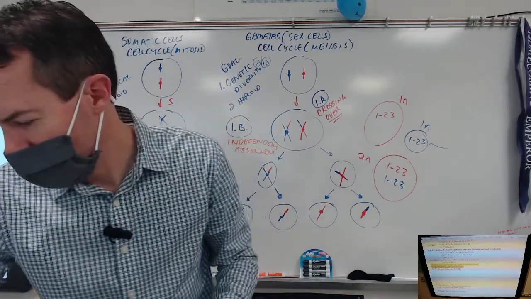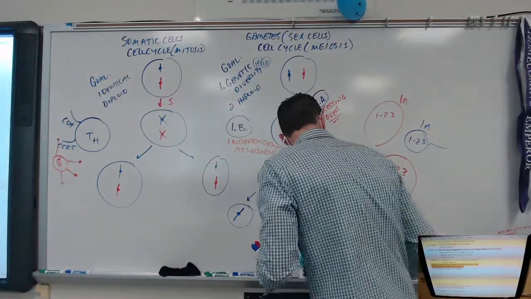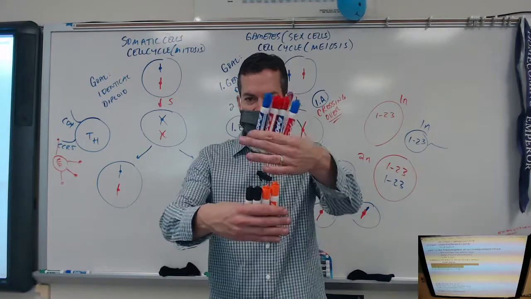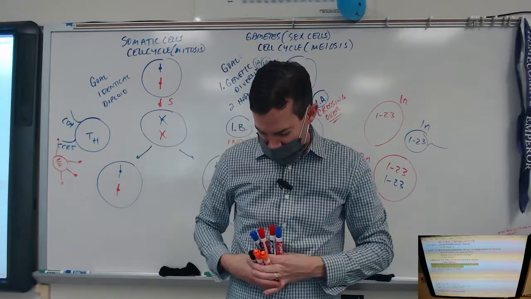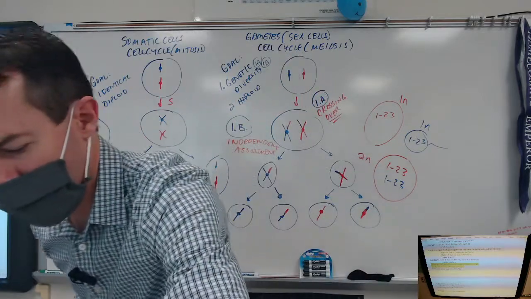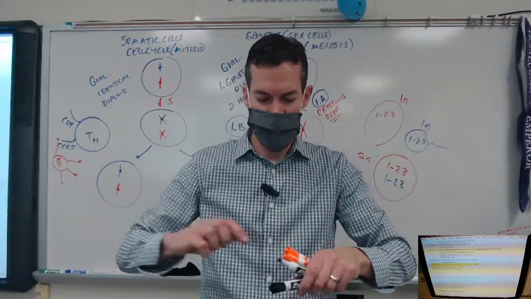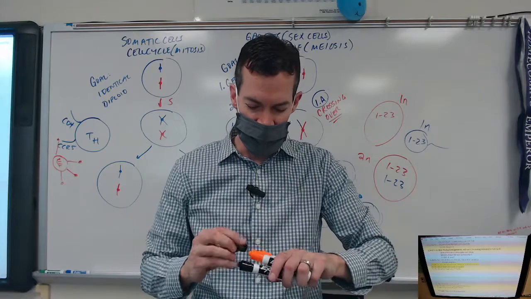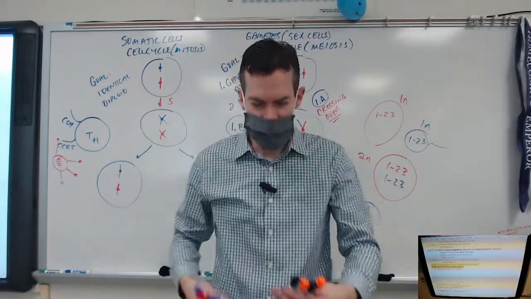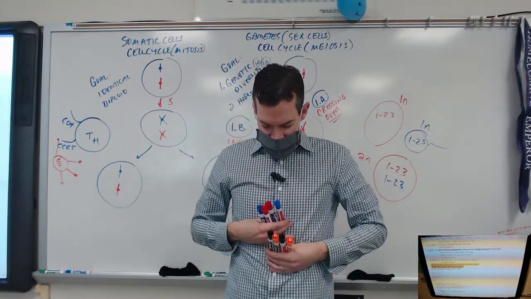But also, I've got chromosome 2s. And my chromosome 2s lined up side by side by side by side. And they also did some crossing over. See if I can manage to not drop these. I'm not going to risk it. I'm not living on the edge. So here's my chromosome 1s. As it is right now,